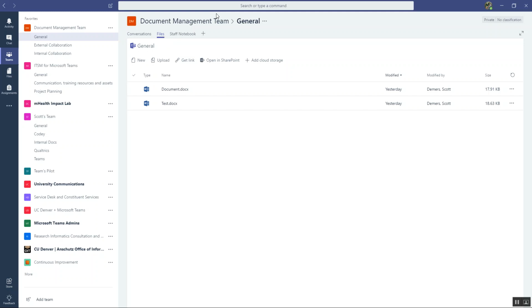So every channel gets a files area. And remember, there is no root files area at the top of your team. There is no team files. Everything is channel centric, so every channel gets a files area. And the more advanced way to manage documents is taking advantage of the fact that there is a SharePoint in